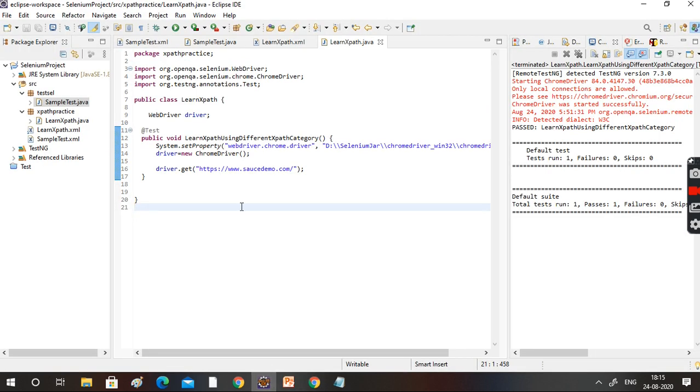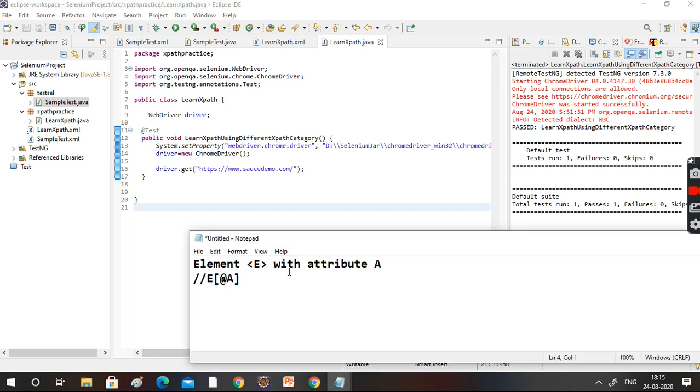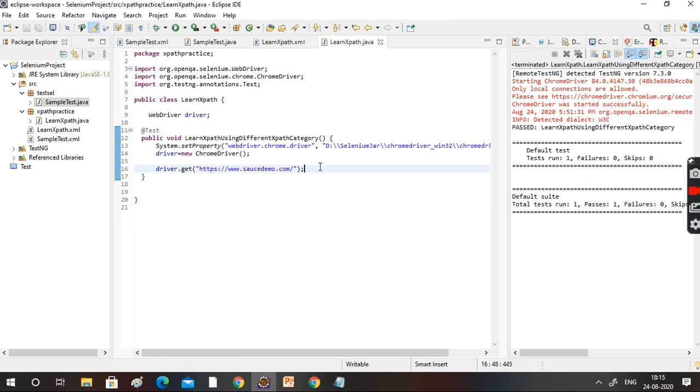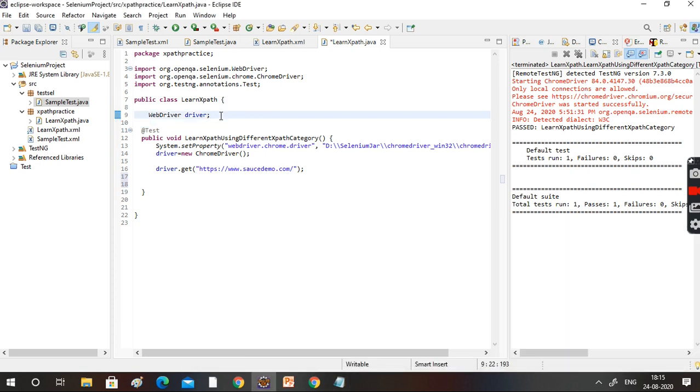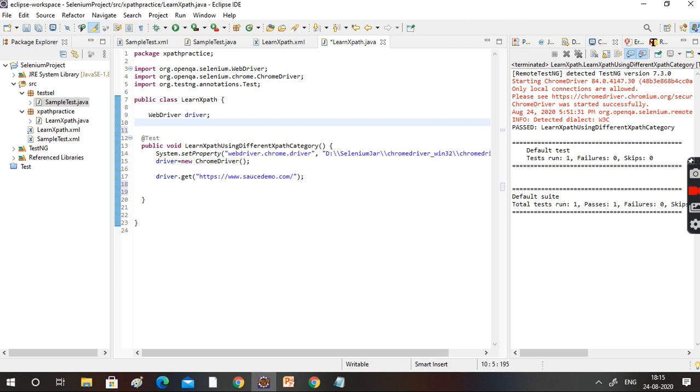Okay, can we write it with the help of the program? Can we verify whether it is actually the username text box or not? Can we write it in the program? We will try and verify it. Okay, fine. We identified the element here, we just kept it here. Okay, we need to inform Selenium, right? For that, how can we do that?